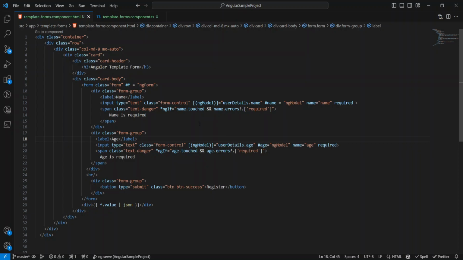Now the one thing we will do is, if our form is invalid, we will make this register button disabled, so that we will not be able to submit the form as our button is disabled. Now if the form is invalid, we'll make this button disabled. And the other thing we'll use is the ngSubmit event, and here we call a function on submit